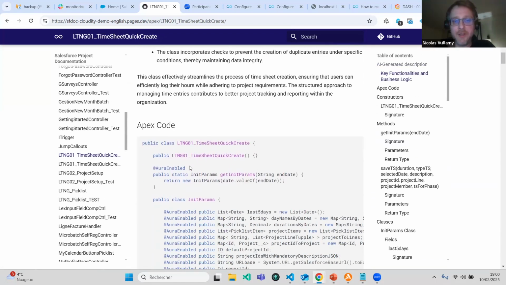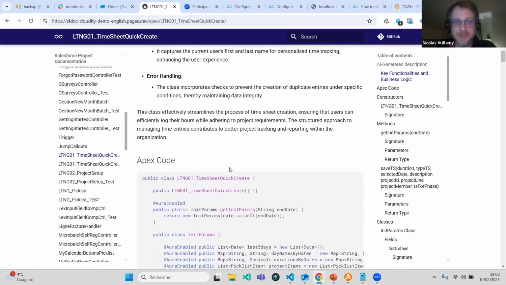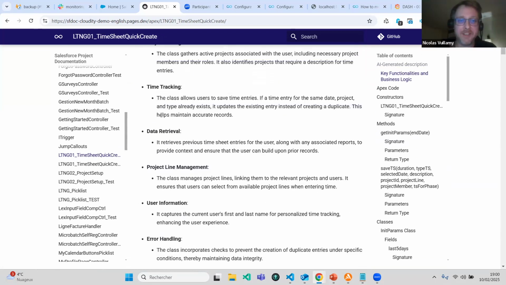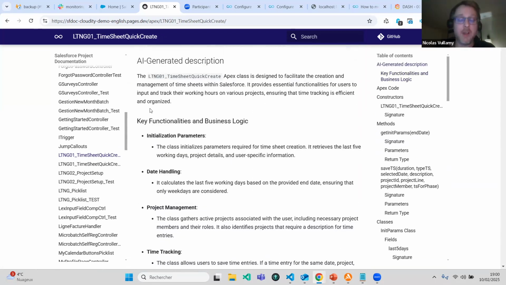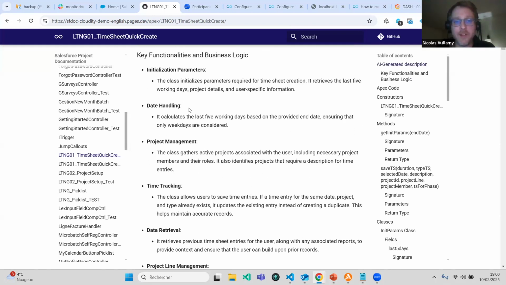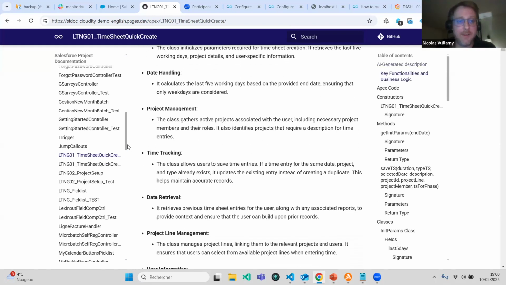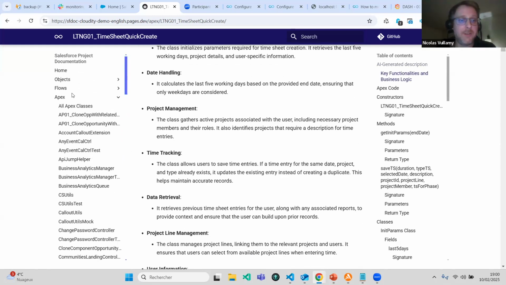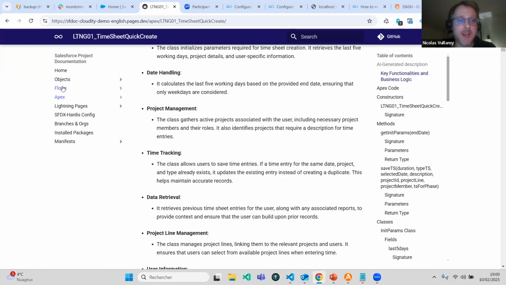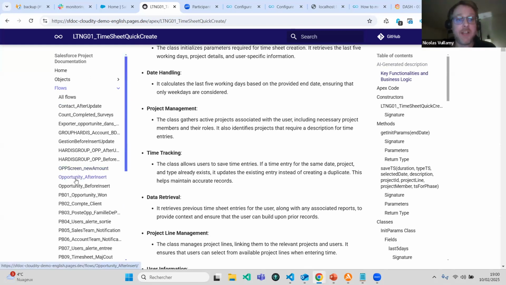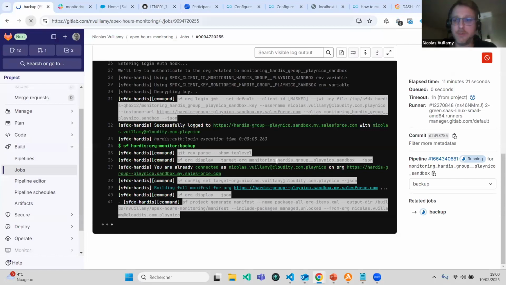If you want to read the code, you can, but you don't have to, as Agentforce, or your local large language model if you prefer, can be directly into OpenAI or whatever, and summarize what your class does. And let's look a little bit at flows, because I think it,